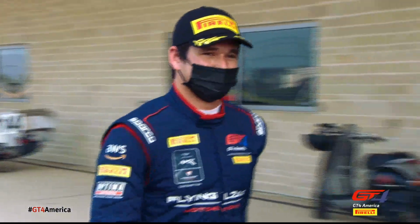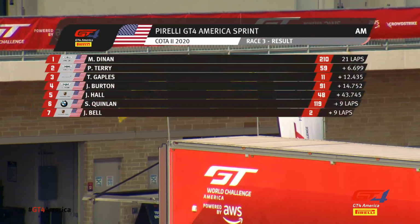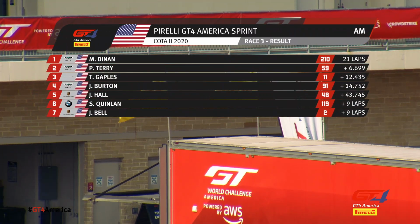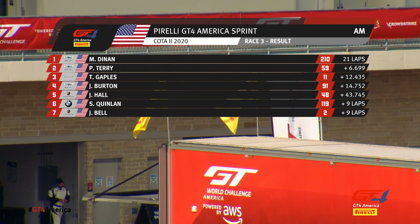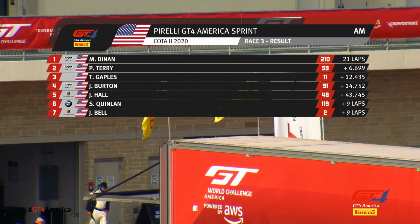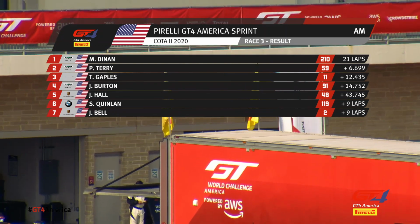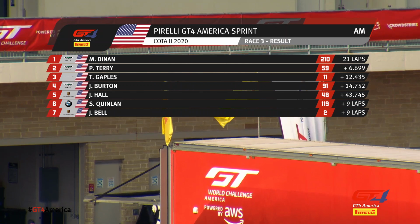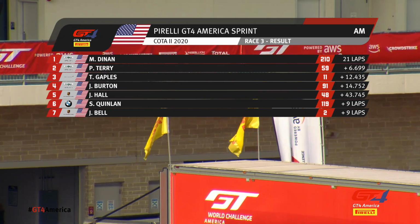Yeah, what a year. And heading into Indy now, both Michaels, the pressure's off of making sure that they lock in those championships. There are times you say, well, now they can go have fun, but I'm not sure you can have much more fun than what they've been having. It's been a remarkable season for them both, and congratulations on the championships. The icing on the cake for Michael Dinan, as he said, is to get the race victory along with the championship. So they'd like to add a few more sprinkles with a couple of wins,